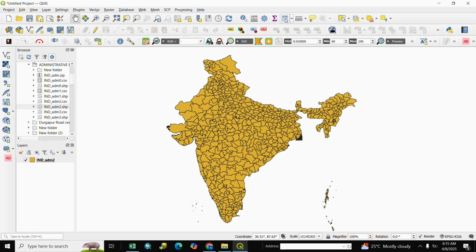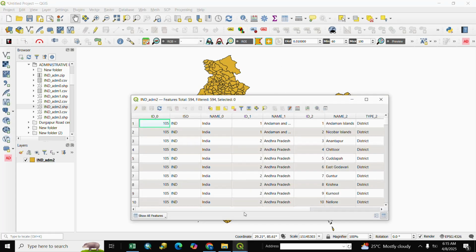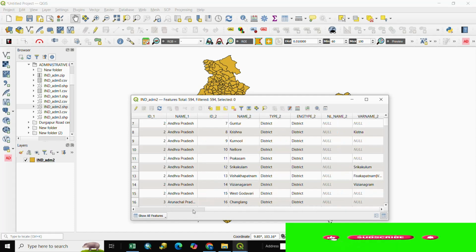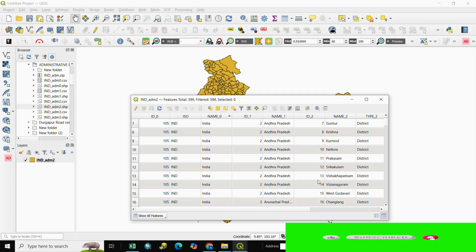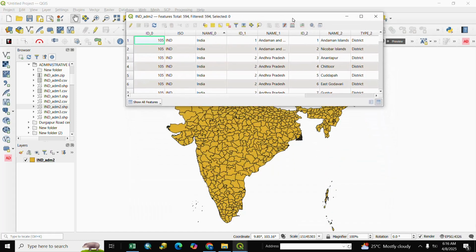You go to attribute, open attribute table. Here are all attributes, ID, name, all attributes as per your shapefile. And if you want to select anyone,